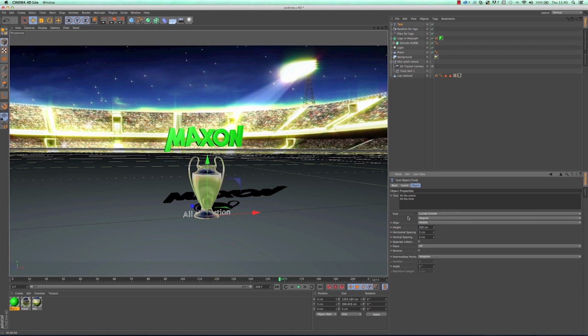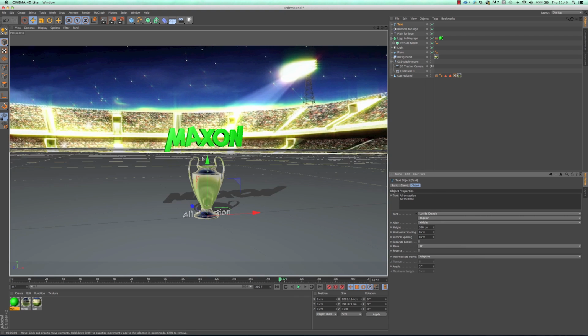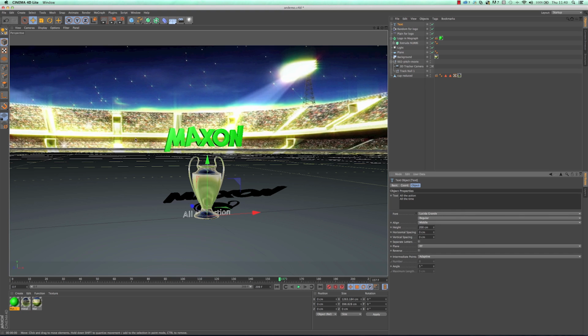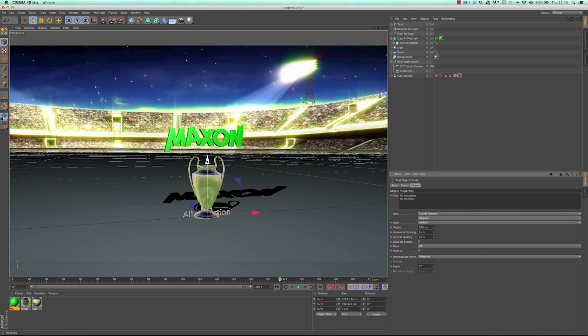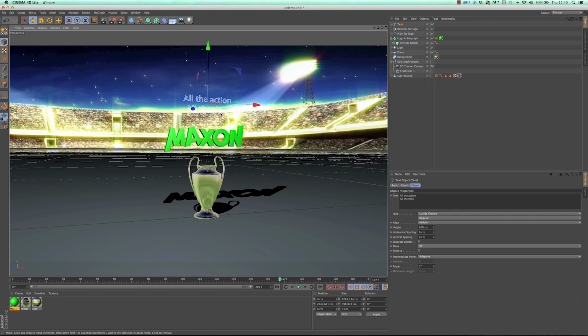You also can play with things like the spacing and all kinds of weird and wonderful stuff in here. So I'm just going to have that as it is, and I've got the stuff in there. So there's lots of stuff you can do. Also in release 15 of Cinema 4D, if you then update that, you can have access to things like kerning, but that may only be in the upgraded versions. I'm not 100% sure on that, but that is an option. It's certainly if you upgrade to the professional versions.